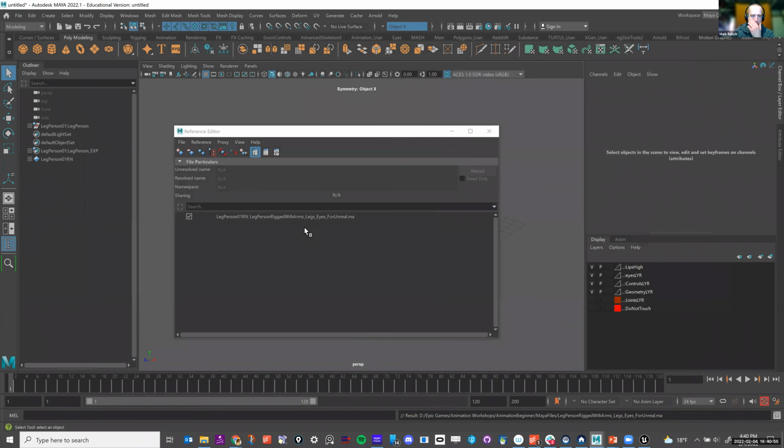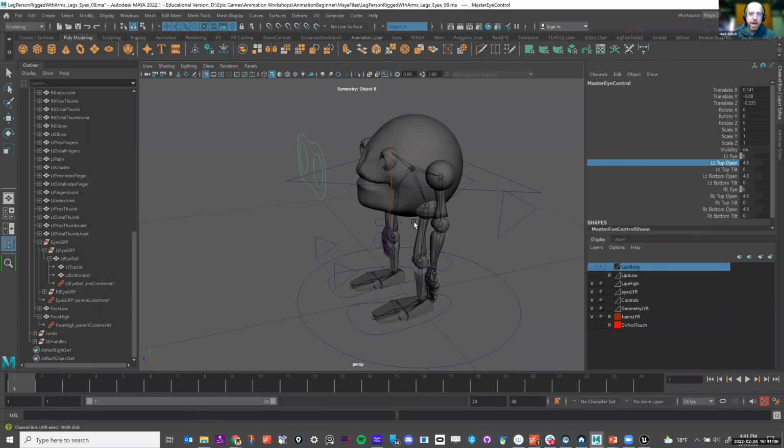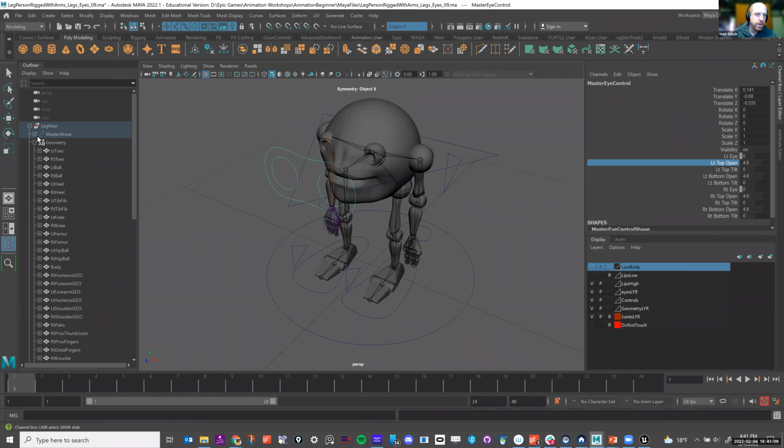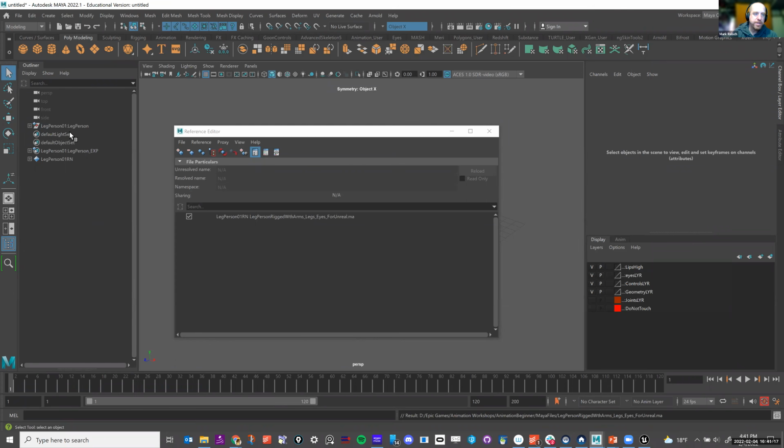When I reference this character in, if I go back to one of the old ones, this is my original, and see how it's just called Legman here, and there's nothing before that. Now, if I look at this referenced one, you can see that before everything it says leg person 1 geometry, leg person 1 joints, leg person 1 IK handles. This becomes a big deal when you're working from Maya to Unreal.